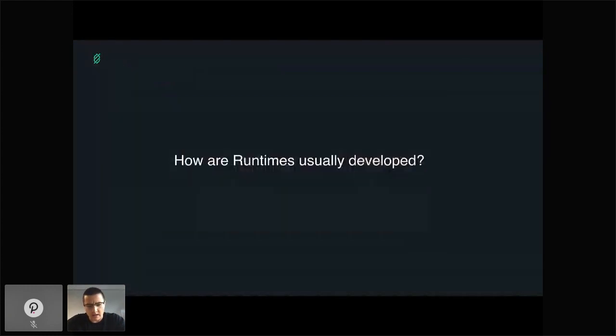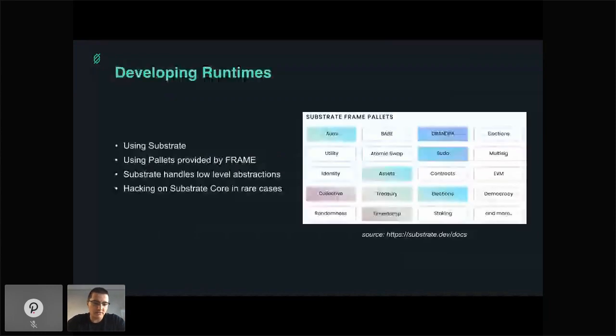So how do we normally develop runtimes? Usually, or in most cases, we are using Substrate, and not to handle only the node or host part, but the runtime as well. We are usually composing our features using the pallets already developed and tested by the Substrate developers and provided by FRAME. And in this case, we are not taking care of the low-level abstractions, such as passing data between the node and the runtime,